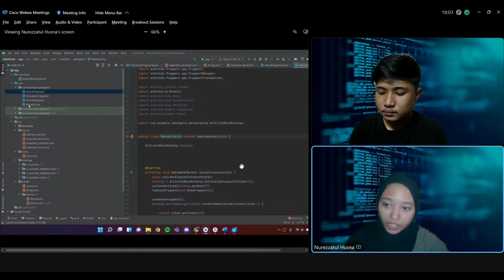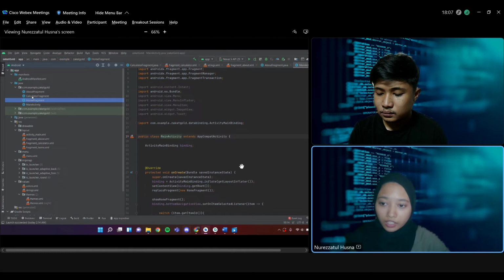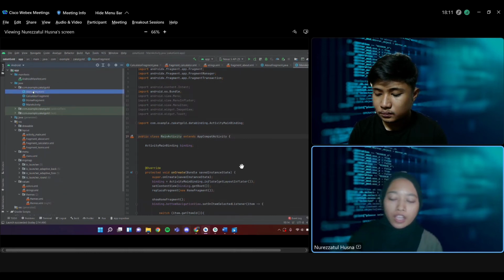Here you can see we have the main activity class, home fragment class, calculator fragment class, and about fragment class. The classes are separate because we want to separate into a few fragments. In each fragment, we need to create a layout.